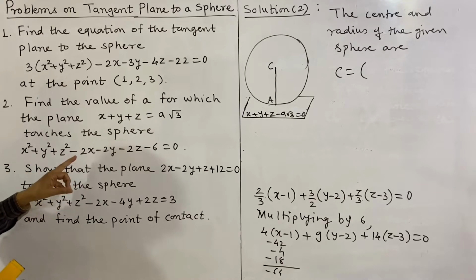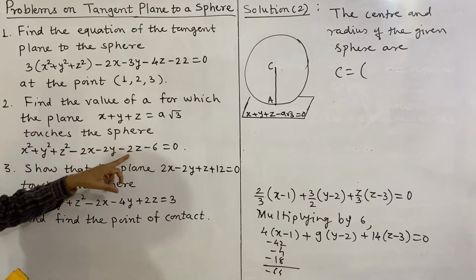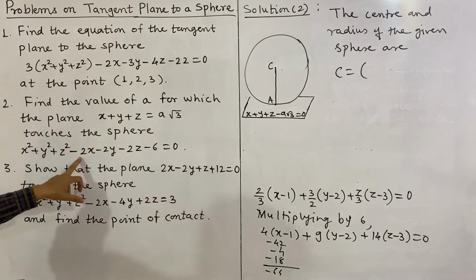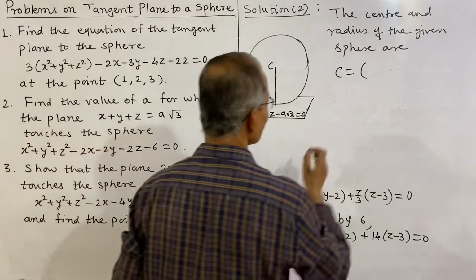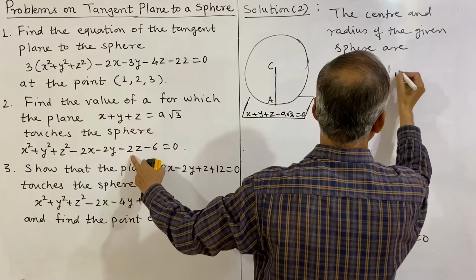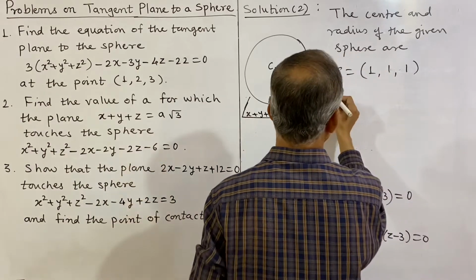So therefore we divide the coefficient of x, y, z by minus 2, and thus the center's coordinate can be written directly. Minus 2 divided by minus 2 is 1, and similarly these are the same. So 1, 1, 1 is the center, and radius is